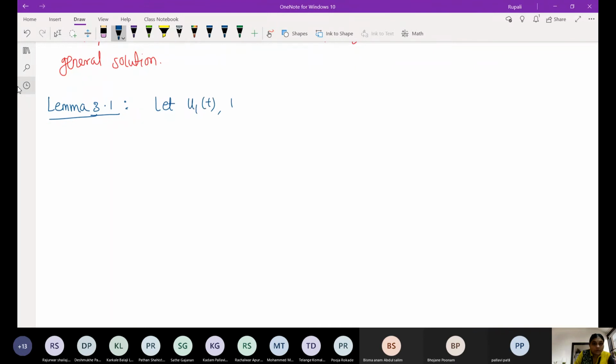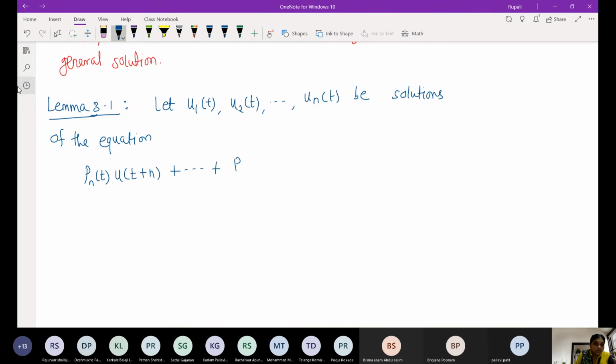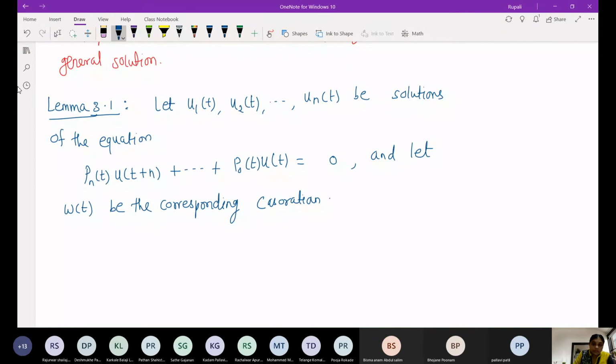Let u1(t), u2(t), and so on, un(t) be solutions of the homogeneous nth order equation pn(t) u(t+n) + ... + p0(t) u(t) = 0, and let W(t) be the corresponding Casoratian. Then W(t) satisfies